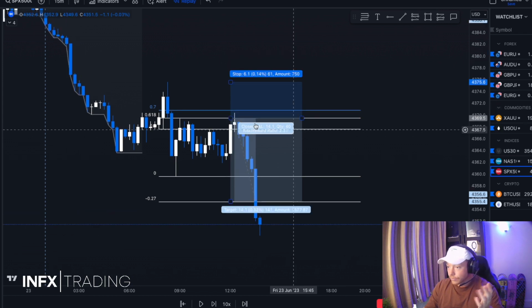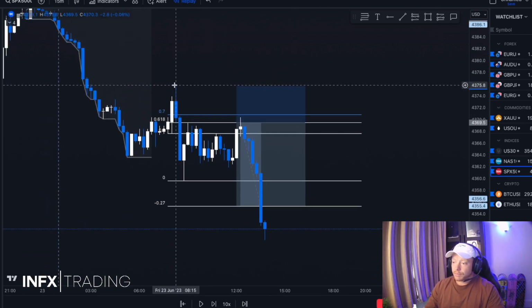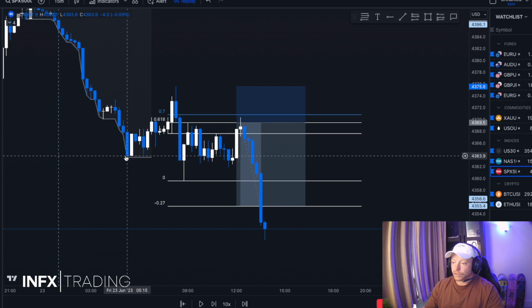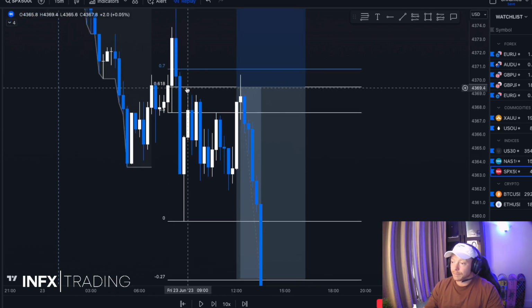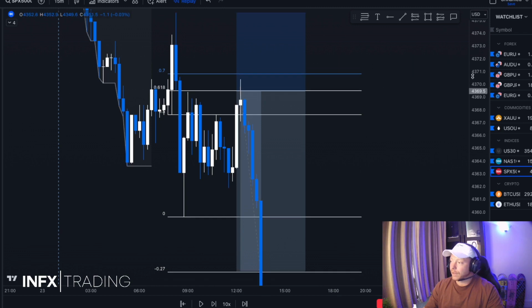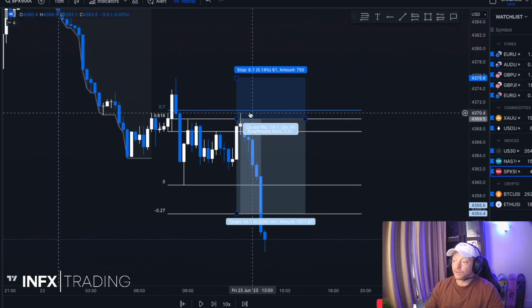Beautiful. So liquidity grab, a big move down which broke structure. Okay, we then came up. This didn't count as an entry for me, didn't tap it. We then did tap it, and we pushed down. Now you can see if you were looking for a 70 entry, then obviously you wouldn't have got tagged in, and